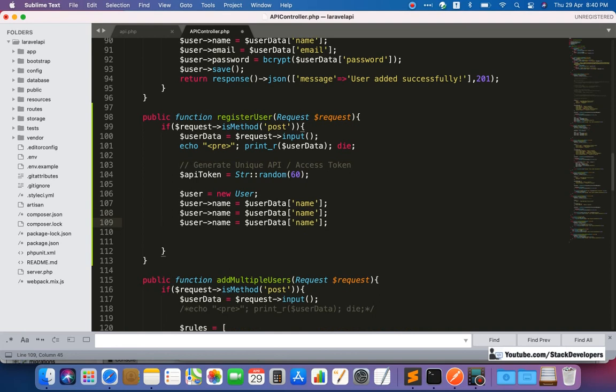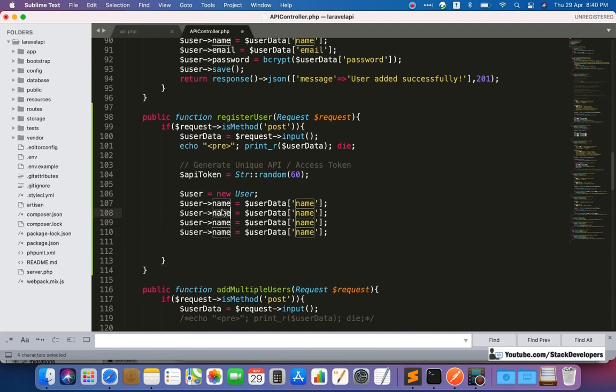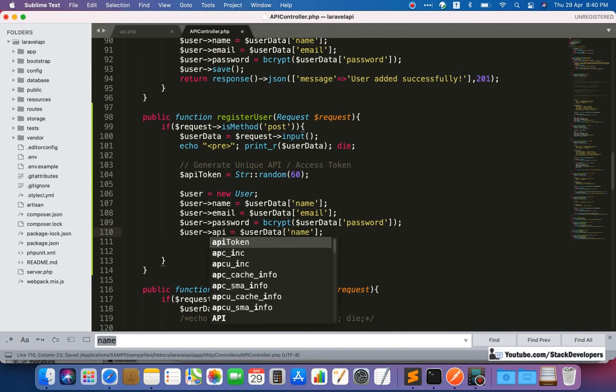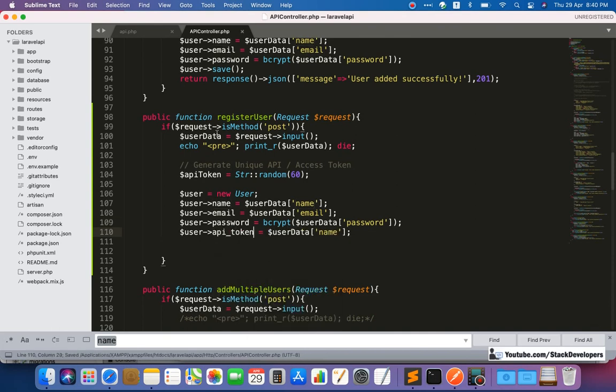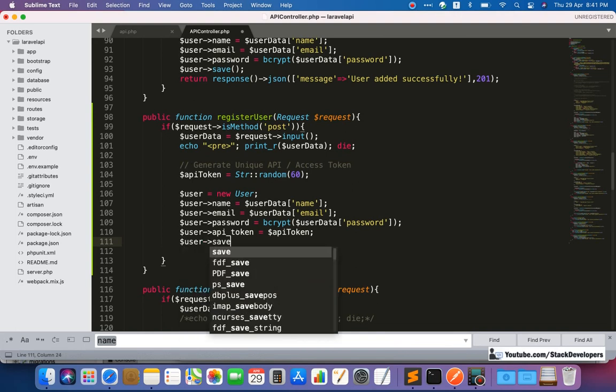Then email, and after that password, we are going to encrypt as well, because it will go as a hash string in Laravel, only then it will work. After password we will send the API token. This column we have added, and this API token we have generated. We are going to save this API token in our user table for every user. Then we are going to save the user, meaning we are going to insert the user.